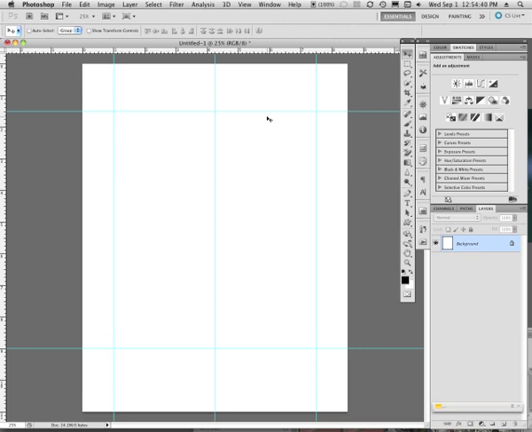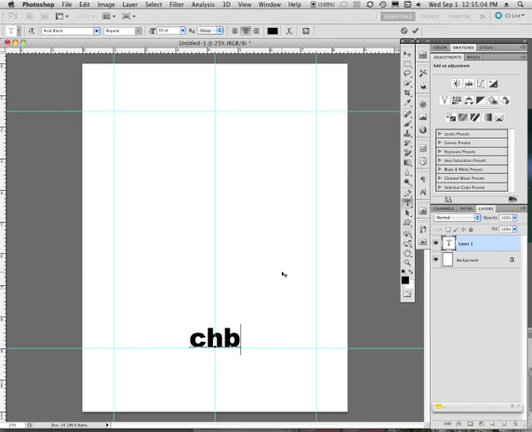All right, let's put our text down. I'm going to click on my text tool, and I'm just going to use the text cursor to go right to where the vertical line, the vertical center line, and the 2 inch from the bottom line intersect. And I'm just going to click right there. And then I'm going to type in my text for my logo. And we'll just say CHB photo,